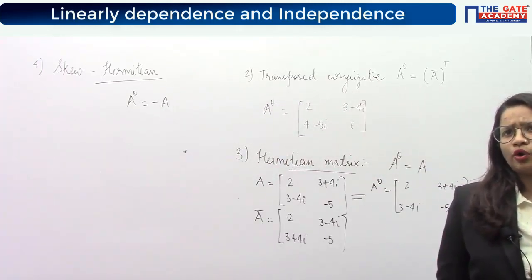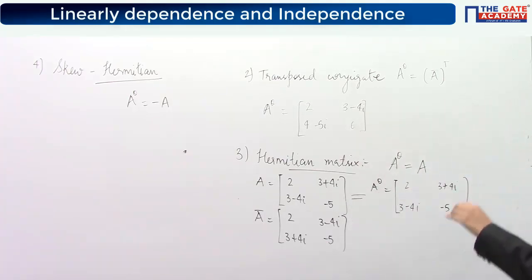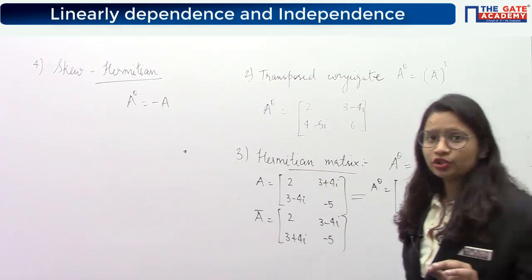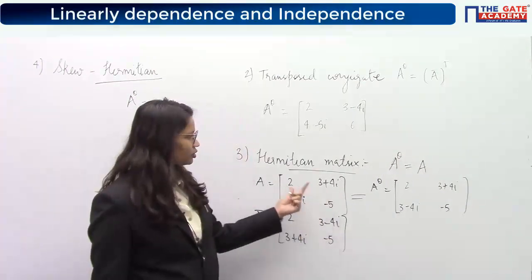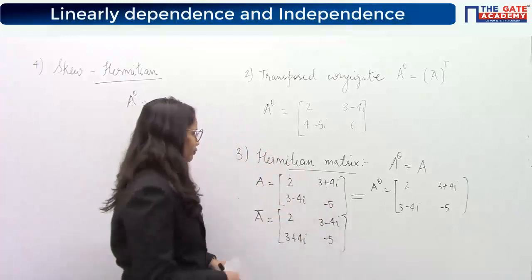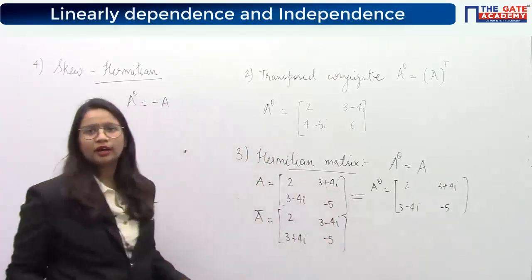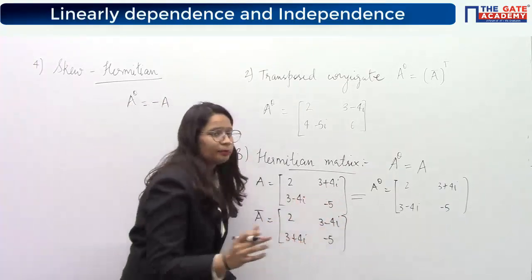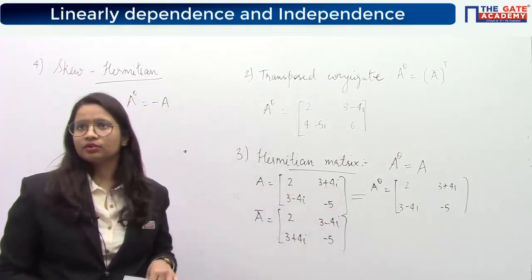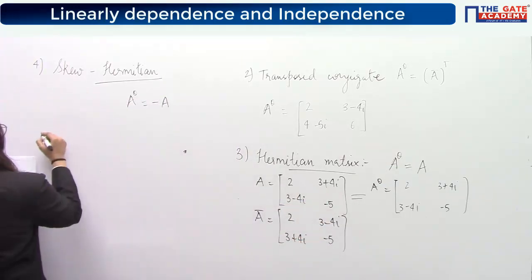If in a matrix two conjugates are present, then it is a Hermitian. Two conjugates, but such that if there were a conjugate here also, or if these were here instead, then it won't be a conjugate matrix. Okay, the order also matters, where those conjugates are present. I think you got my point. So the skew Hermitian matrix, for example,